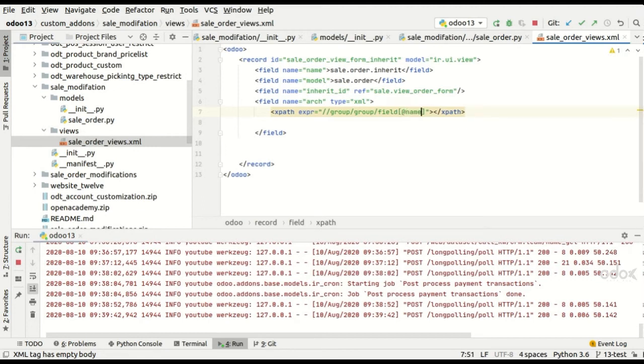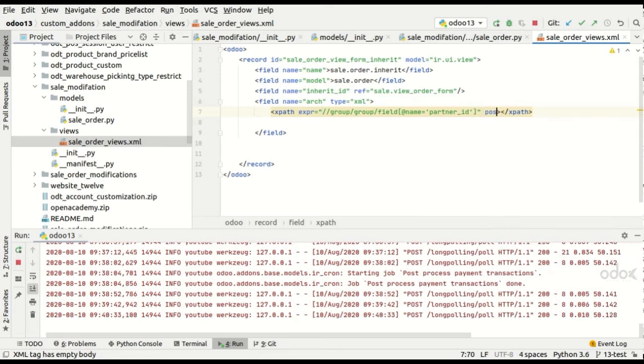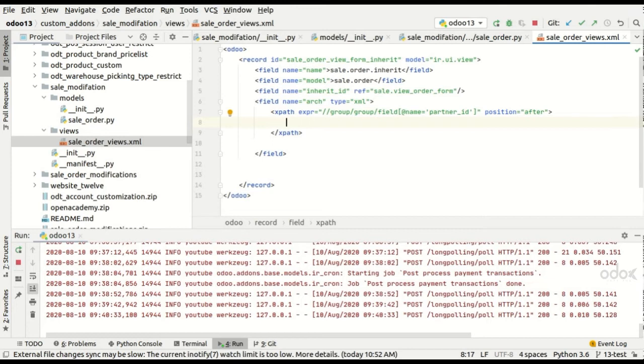So we can give name equal to partner_id. Then we are going to give the position, whether we want it after, before, or we can even replace that particular field. So I'm going to give it as after, as we planned earlier.